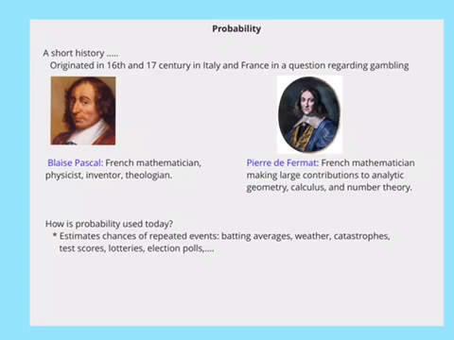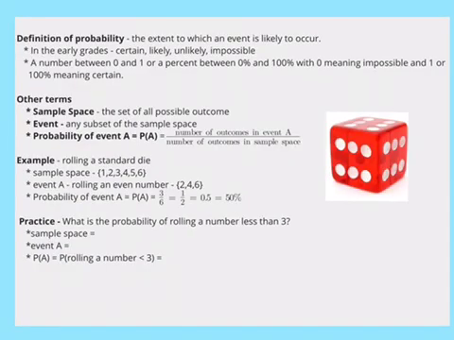How is probability used today? Probability is used quite often, and that's why we're actually going to study it first. We hear or see probability in many different ways. When we look to see what the weather is going to be like and we see chances of rain or chances of snow, we see it in batting averages, we see it in lotteries and the probability that you'll win a lottery. Elections, when we have polls and they predict who the winners will be, and also in standardized scores. So what is probability?